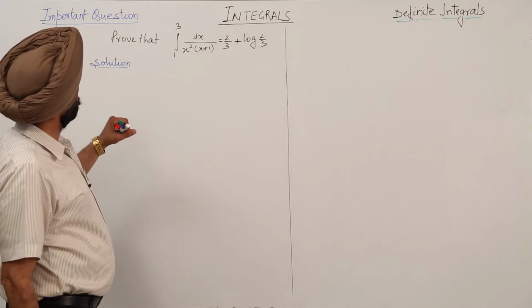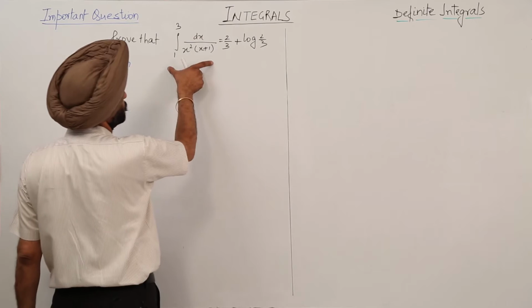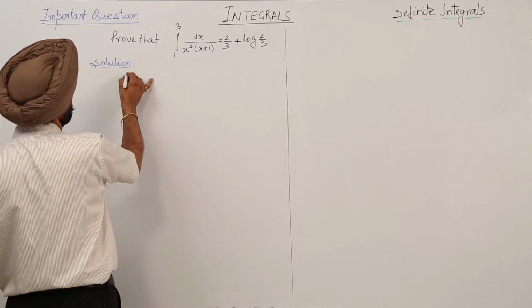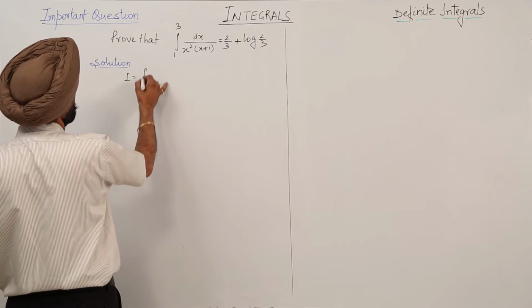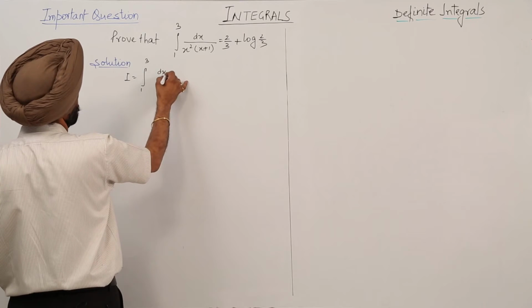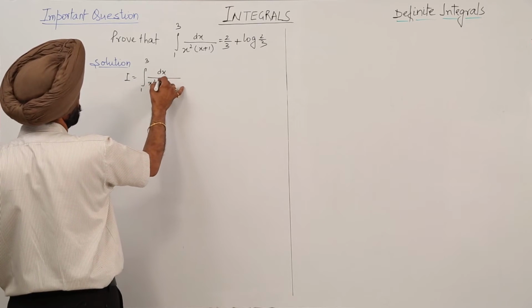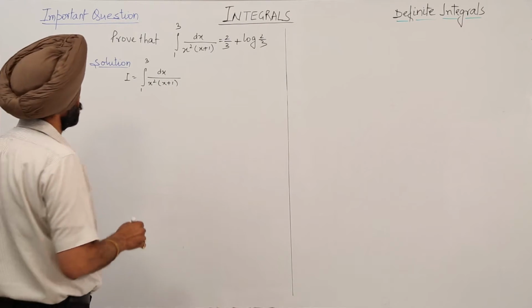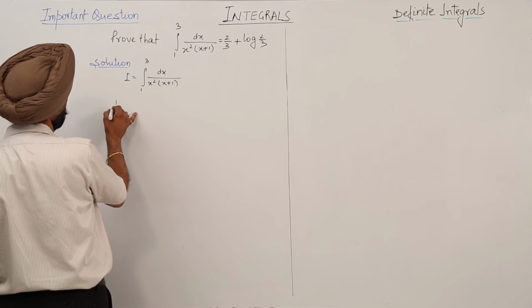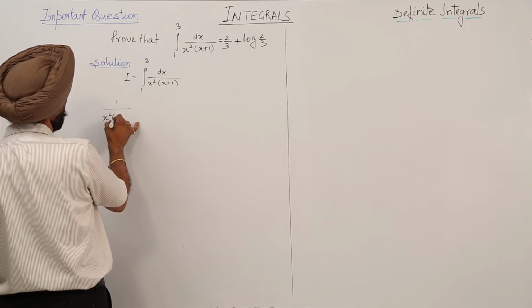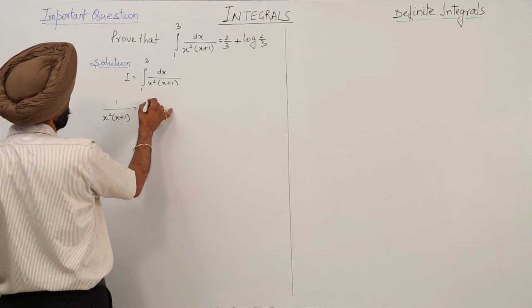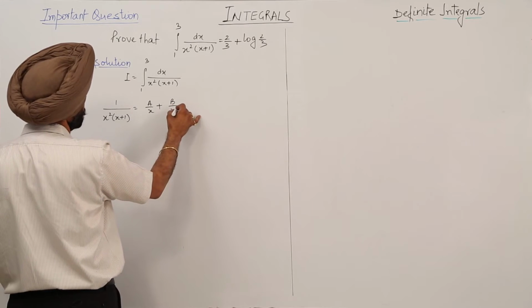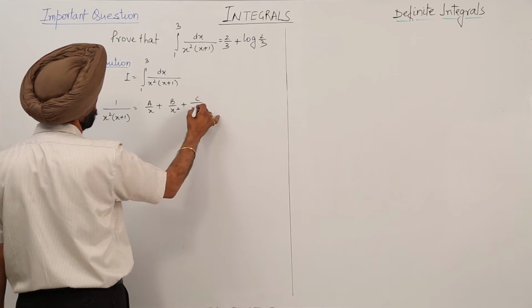In this question we have to prove that the result of this integral is 2/3 plus log(2/3). Okay. So, starting, let I equal the integral with limits from 1 to 3 of dx upon x squared (x plus 1). Now, we will be going for the partial fraction. So, we can write 1 upon x squared (x plus 1) is equal to A upon x plus B upon x squared plus C upon x plus 1,